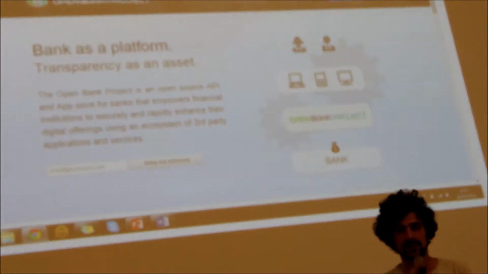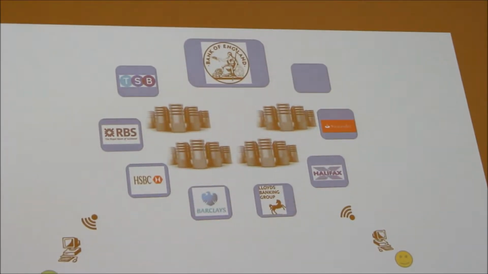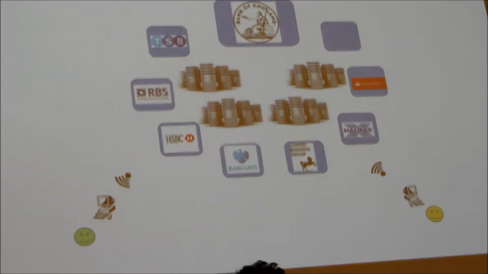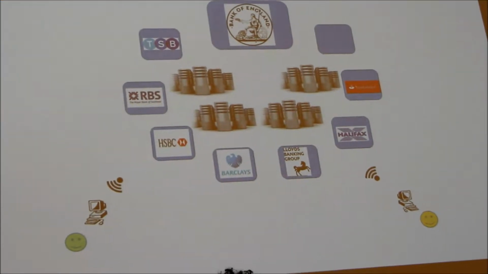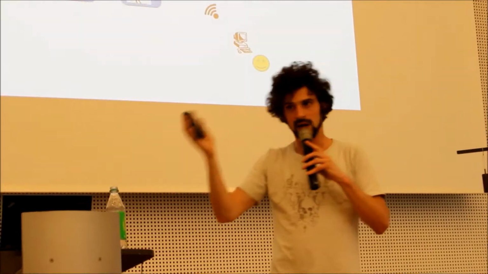Basically, they're trying to say, look, we have this legacy infrastructure here. How about we create a third-party layer on top of it, where individual people are able to create apps that exist on top of this infrastructure? A bit like the iPhone, they made the hardware, and they allow third-party developers to create all these cool apps for it. This is what the Open Banking project's vision is.